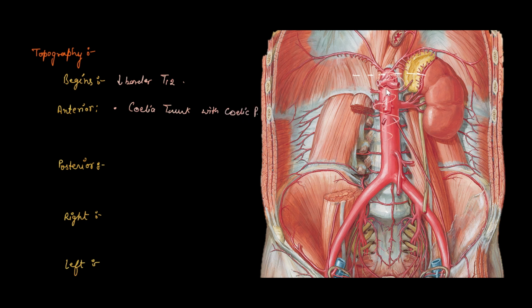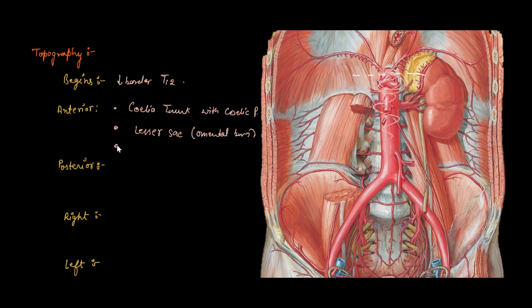which will be lying over the celiac trunk, and also here lies the lesser sac, which contains all the organs inside the cavity. As all the organs are not visible in this picture, the lesser sac is not clearly visible here. So you will just have to remember that the lesser sac is also present in the anterior aspect of the abdominal aorta. The lesser sac is also known as the omental bursa,